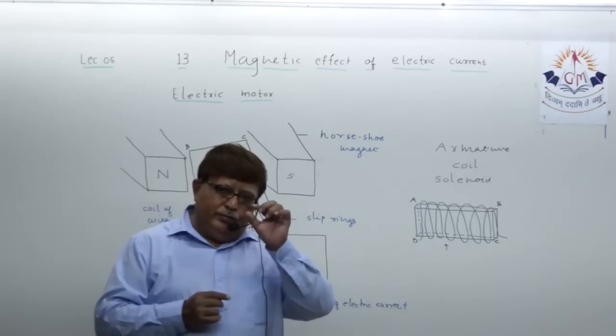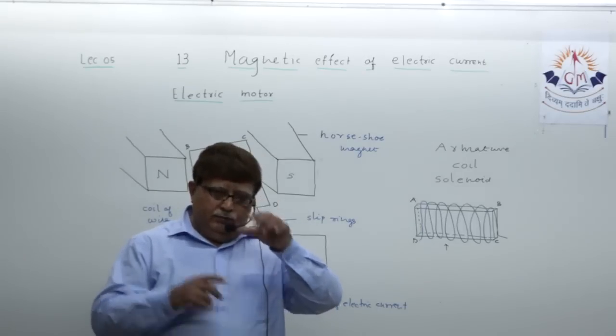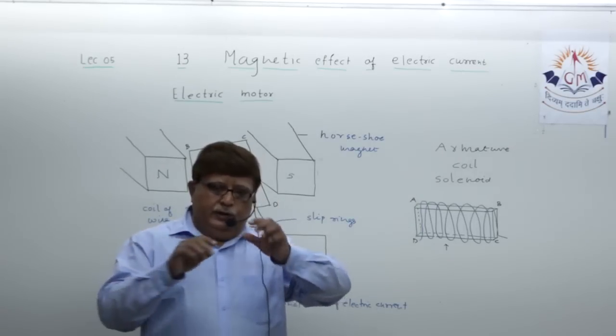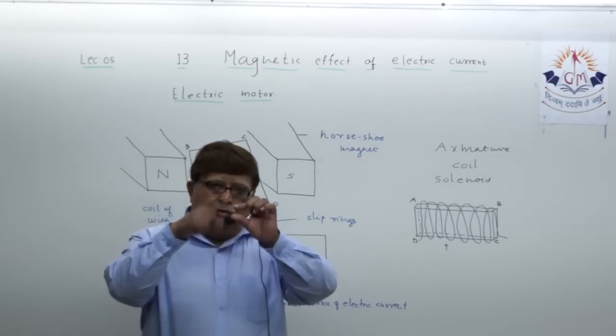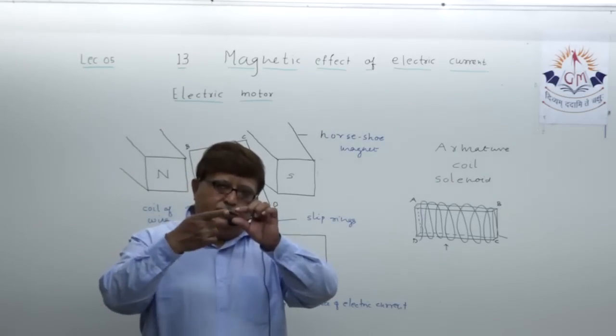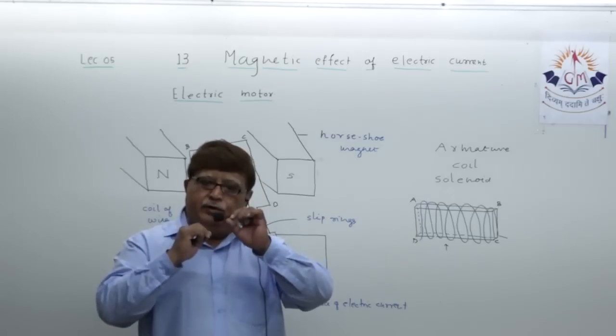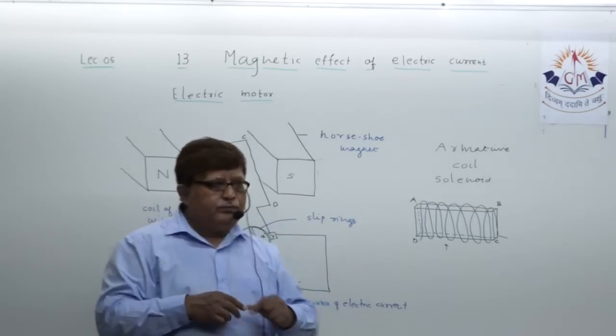Suppose you know the brake shoe. When you apply the brake, the shoe comes in sliding contact with the rim of the wheel, you know that, understand, that is called sliding contact. That rim